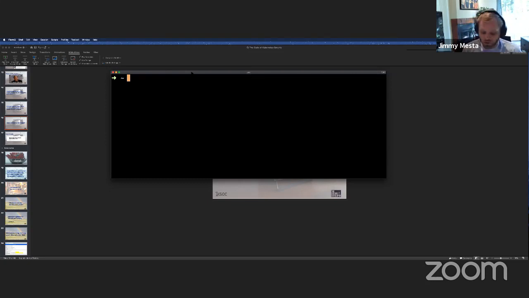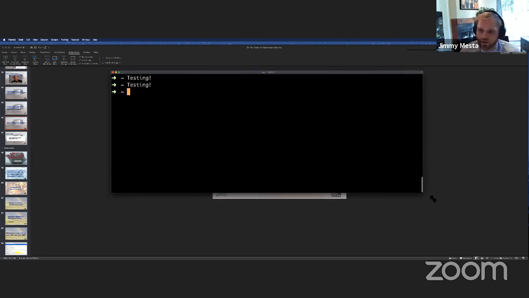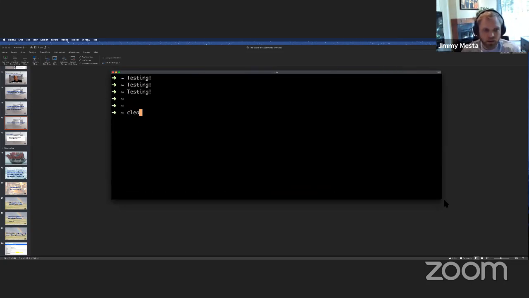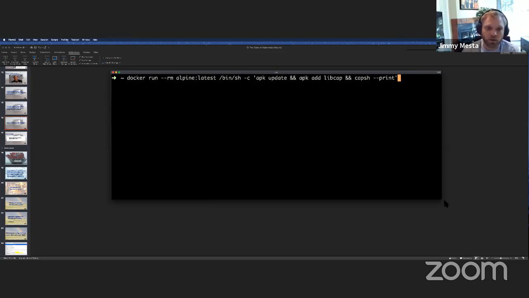So really quickly, I just wanted to show you the difference between a privileged container in Docker and a non-privileged container, and we're going to use capsh to do this. This is a classic container security demo, but it really drives home what one single flag can do to the security of your container. Here I have a docker run command using the Alpine latest image. It doesn't really matter for this demo. I'm going to install libcap and capsh, and we're going to run this command and see what capabilities this particular